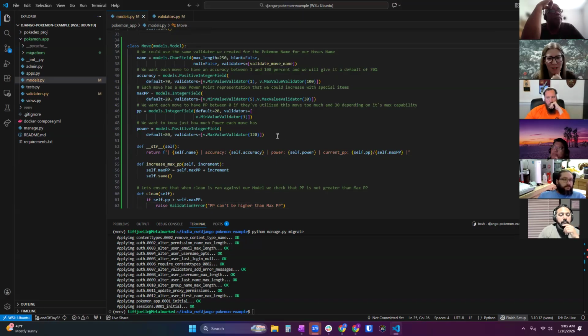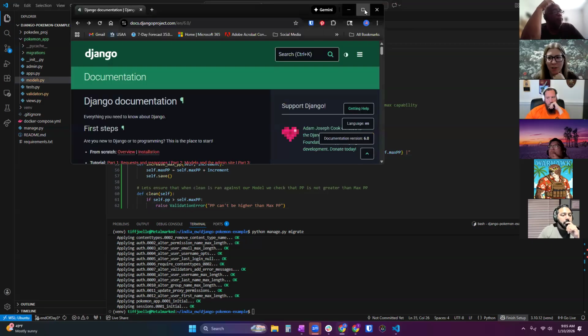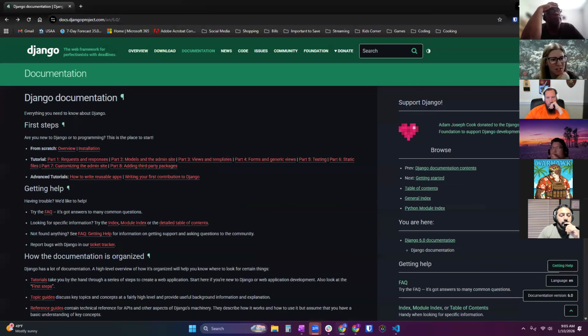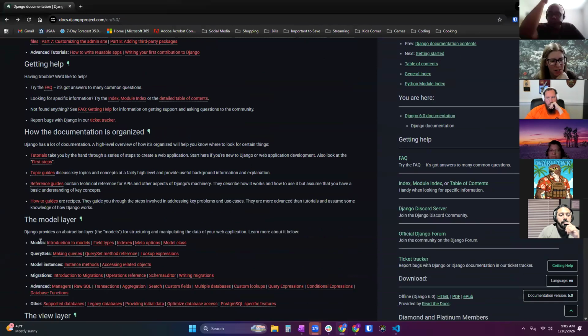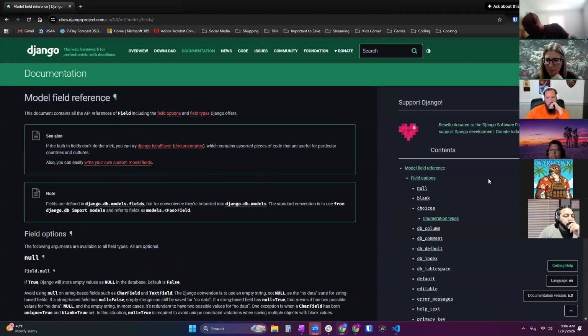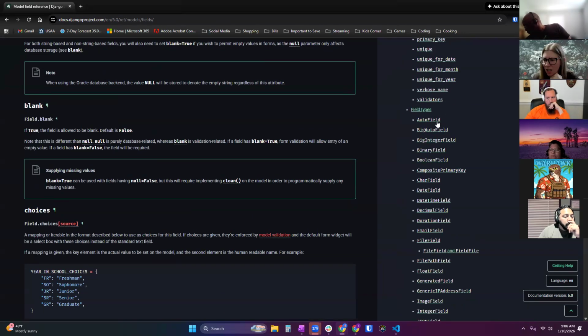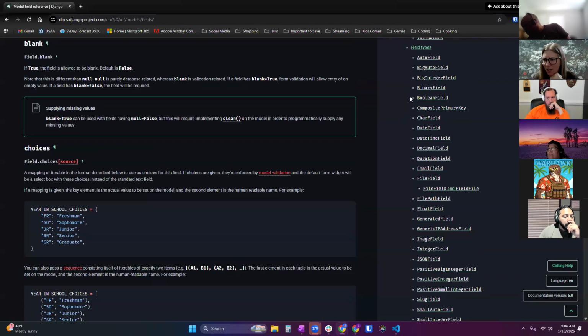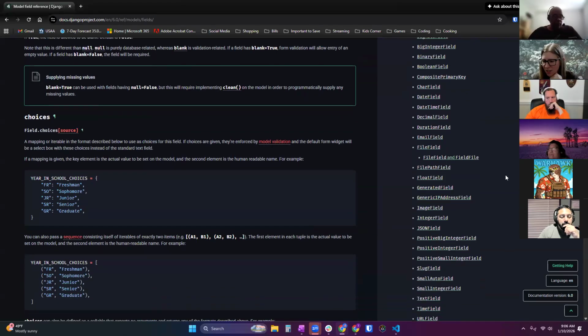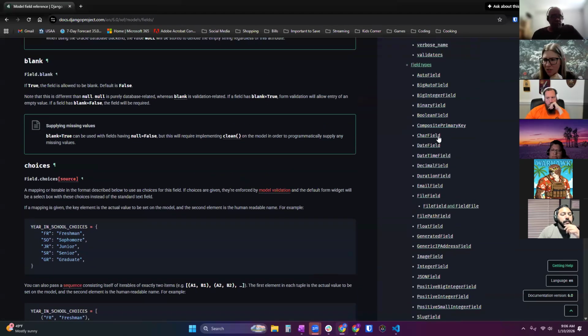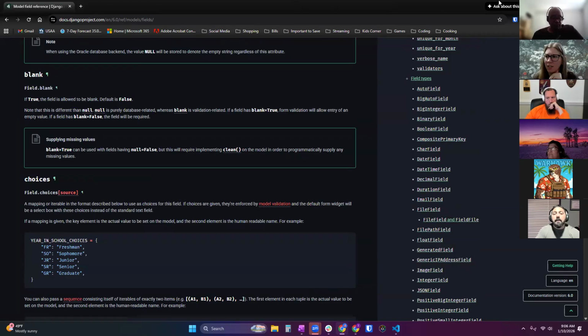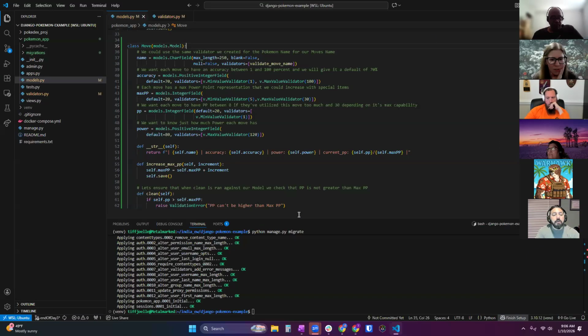We have email fields. We have all sorts of fields, which you can look in the Django documentation to find out more about. Love the Django documentation. It's actually very nice. So if you come onto the main Django documentation and come down to models, which is what we're working in, we have field types. There is a whole bunch of field types here on the side that you can look into and use in your models. So kind of a cool little tidbit there.